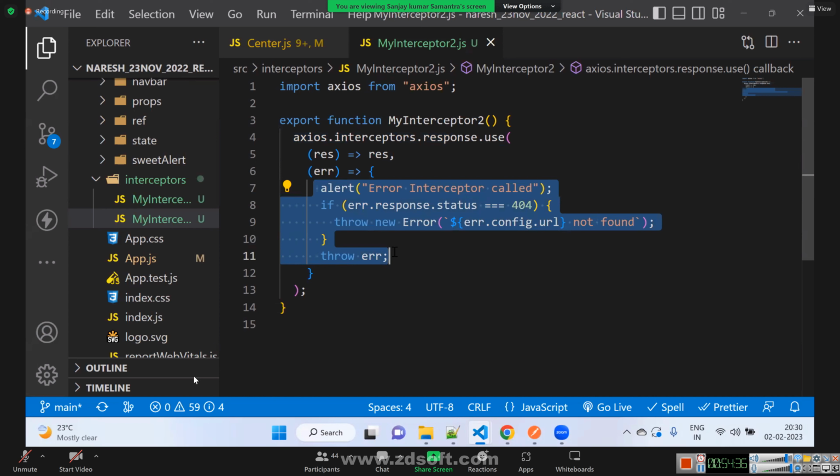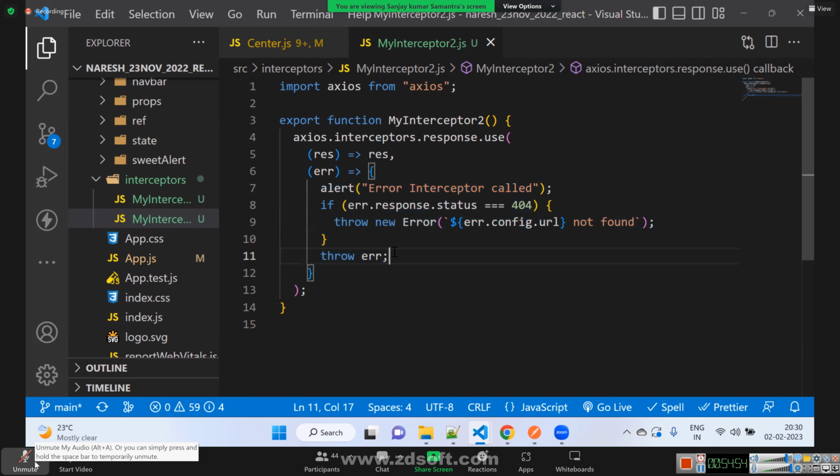Is it clear? Yes, sir. So, sir, these two interceptors will work for all the classes wherever we have used Axios, right? Yes. And suppose for a different class, I would like to throw another error. Can I create another interceptor for that? No, we can write an if-else condition here only. So when we write an interceptor, it is for the whole project, so it can be created only once. Yes. Okay, thank you.